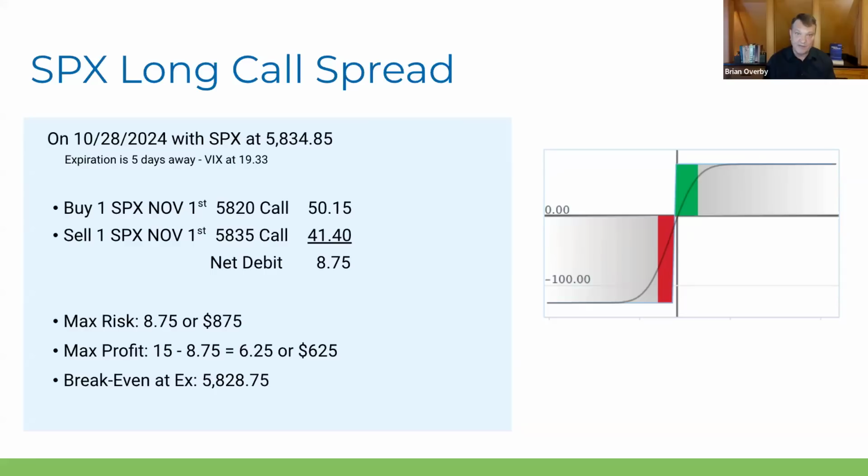We're paying $8.75 because we have to pay a little bit more, since we are actually going deeper in the money and we are profitable if the underlying does not move at all. So we pay a little bit more for that and we give up a little bit of the upside on the trade. So I still don't mind this risk reward, and it has a little bit to do with the